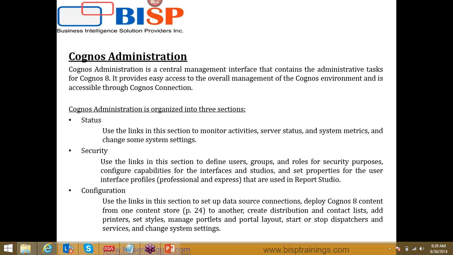So if we talk about the Cognos administration, it is basically divided into three sections. First is the status, then the security, and then the configuration. So in the status section, use the link to monitor activities, server status, server metrics, and some other system settings. So in status, we can view what is the current status of all the activities which are currently running on the Cognos, what all reports, what all other applications or anything which is currently running, we can view through this status